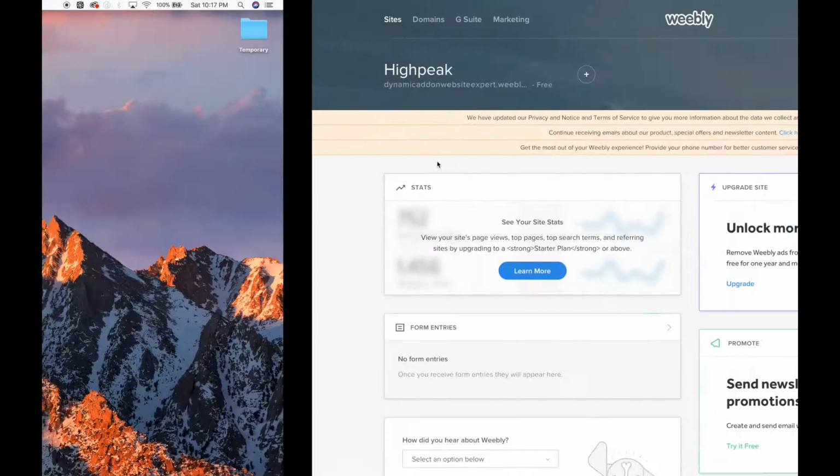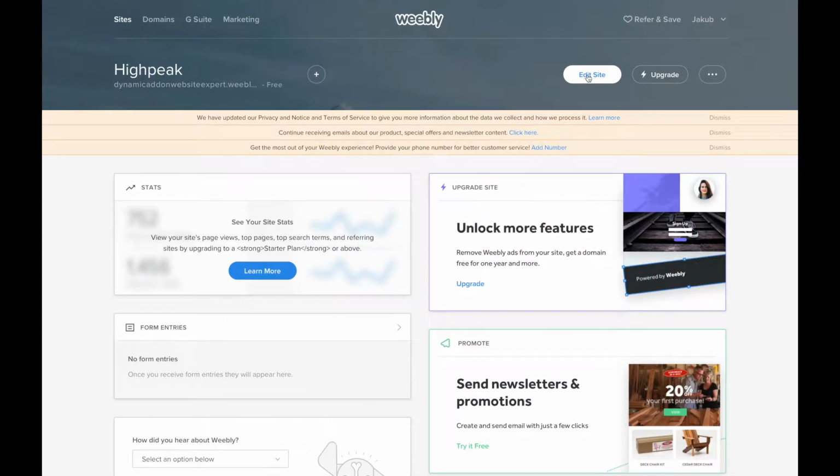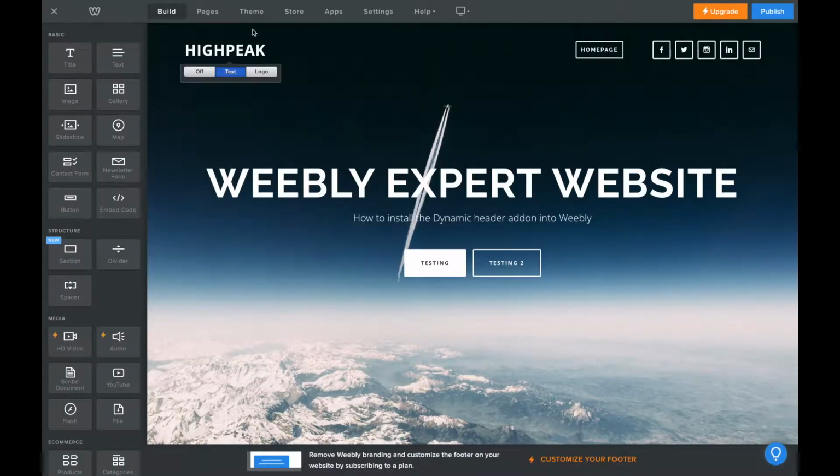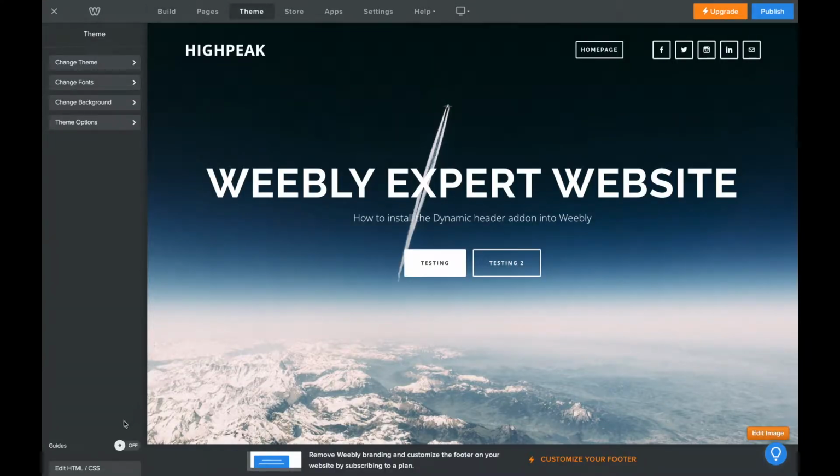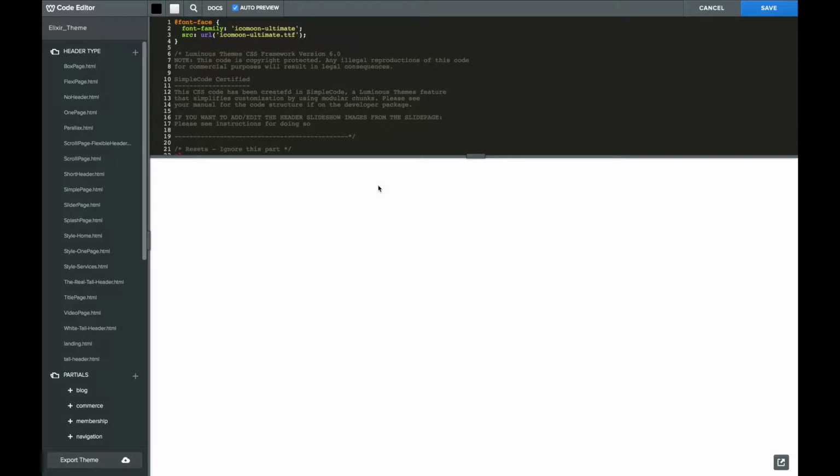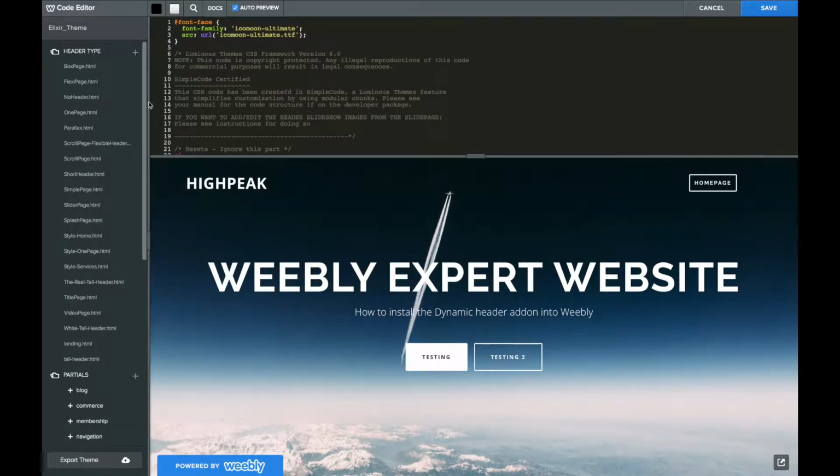Now go into your Weebly editor, edit the site, click on theme, and click on edit HTML/CSS. Now next to header type, you'll see a little plus arrow, or plus sign. Click on new header type,